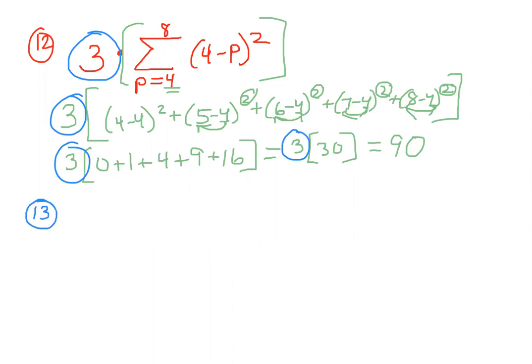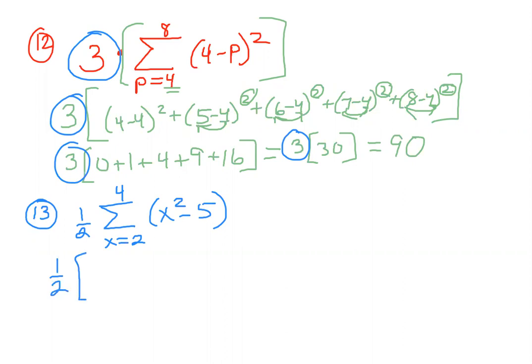All right, let's look at number 13. Here's another one like that. Number 13, we have 1/2 times the sum of x goes from 2 to 4 of x squared minus 5. Okay, we're going to leave the 1/2 out in front, and we're going to get